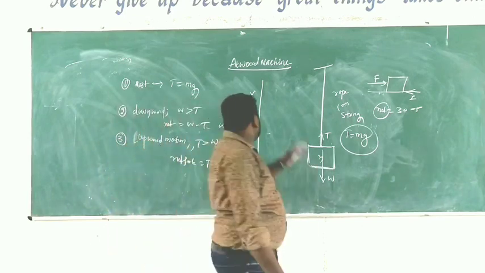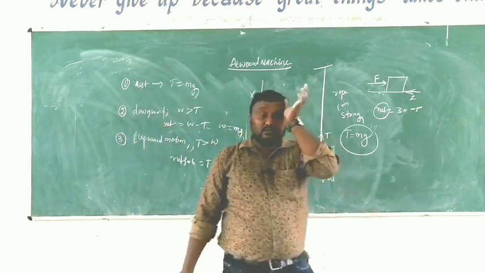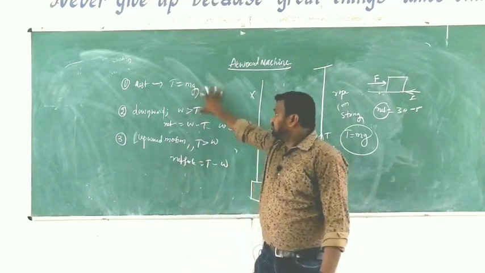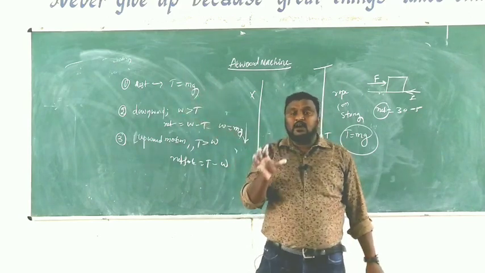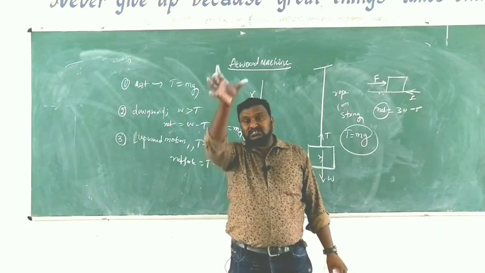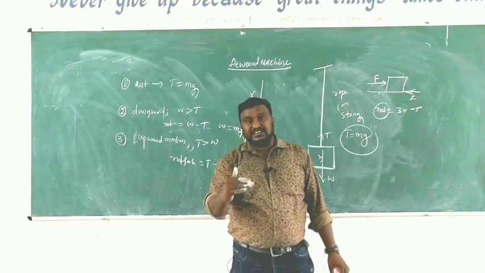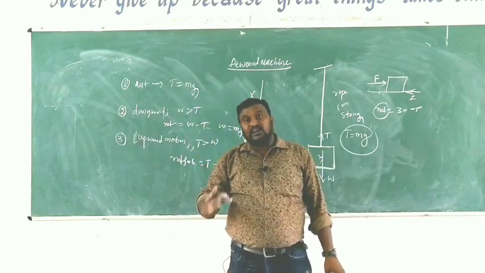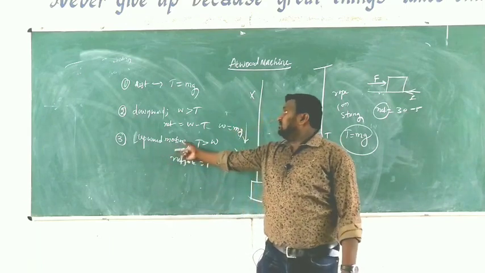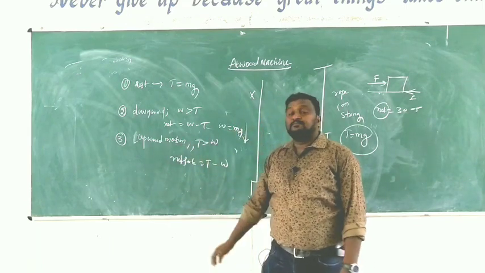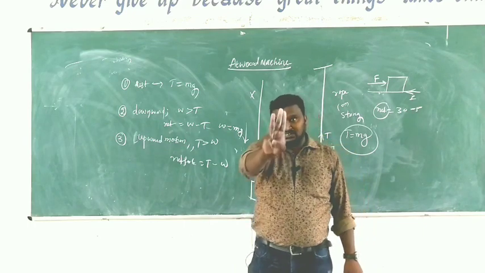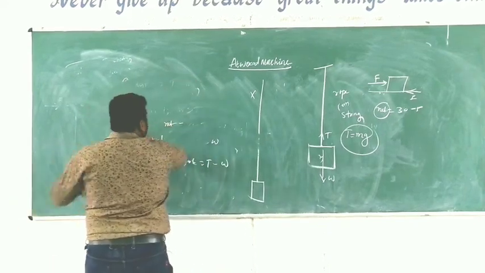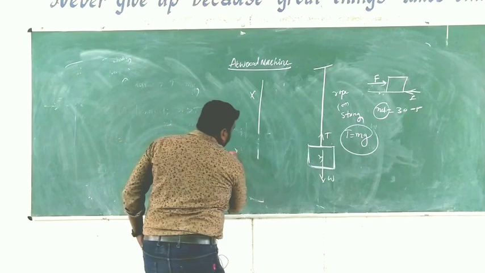Children, if you know these three things, you can easily derive the Atwood machine acceleration. Clear? So that's why I wanted to say, when the object is connected to a rope and suspended: at rest, T and mg are equal. When the object is going down, weight is more than the tension, and for upward motion, tension is greater than weight. So you have to remember these three points for this derivation. Now we are entering into the Atwood machine.